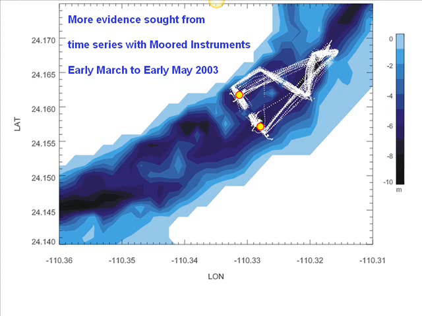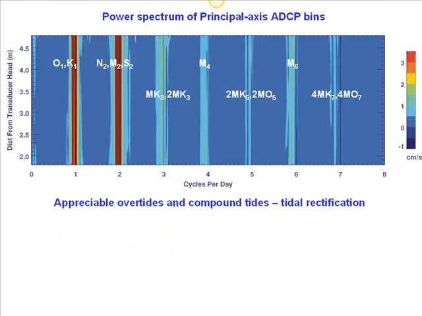So 7 meters of water, the tidal range, I think 1.5 meters. So expect long, strong nonlinear interactions. And here now we're looking at the spectral amplitude, contours of spectral amplitude as a function of depth and